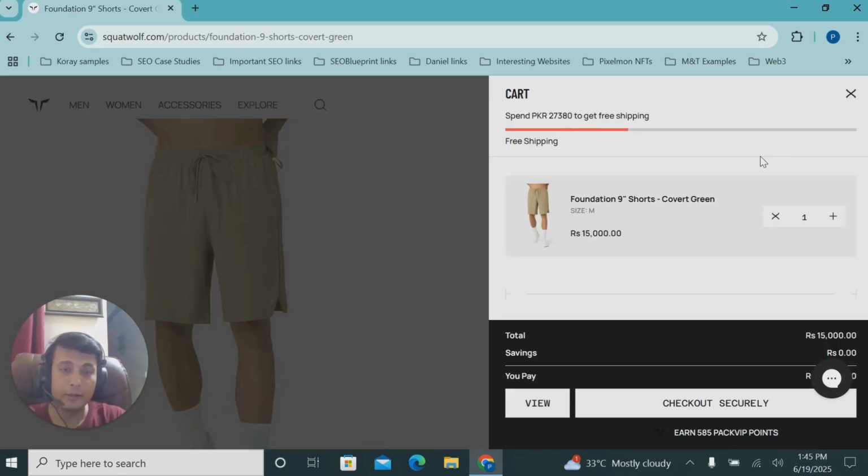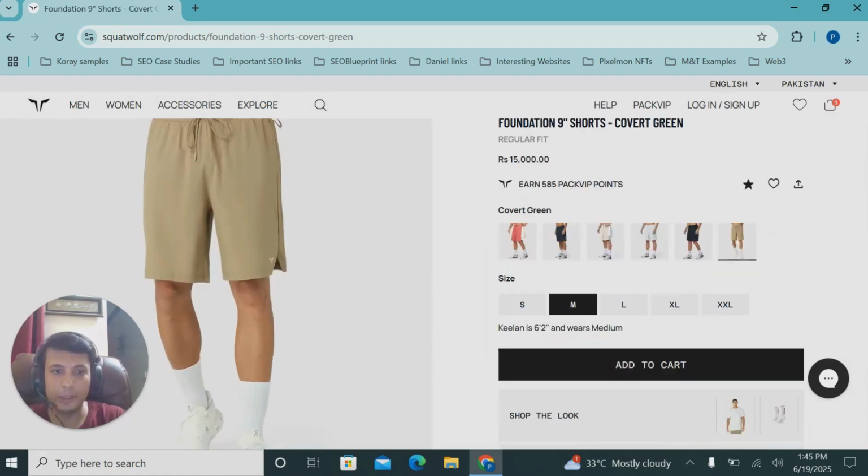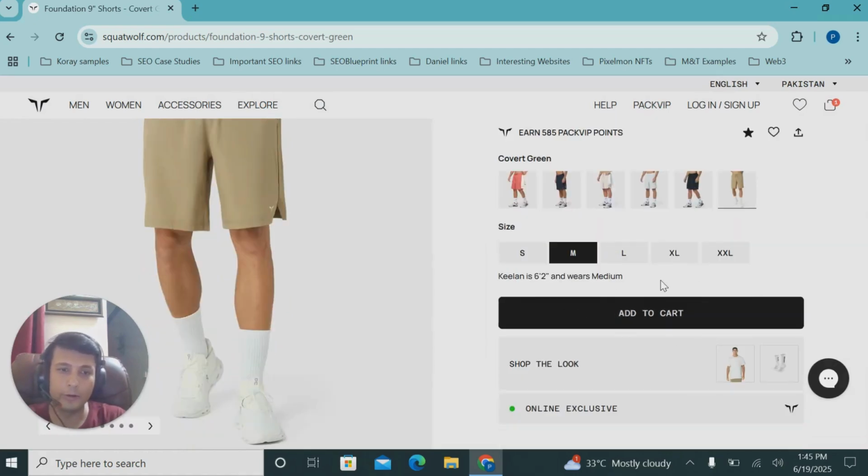Okay, so even inside the cart page, they haven't mentioned the product delivery date. What's really good here is that they have added this bar, which tells customers about the progress toward getting free shipping. So this is a really nice addition once again by the team, but the delivery date is missing here. So I would definitely add it on the product page right below the add to cart button, or maybe somewhere